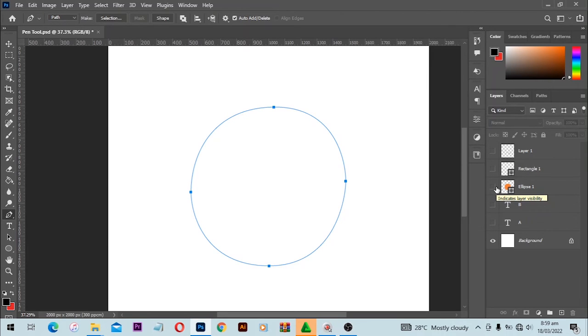So let me turn off this ellipse, or this circle, and boom, you can see this one is much smoother than the earlier one. The earlier one was sharp because of the point that we used, but instead this one is a shape. So if you want to get a perfect smooth circle or a perfect curve, always use two handles, except if you want to make a corner, then you have to use a point. Alright,